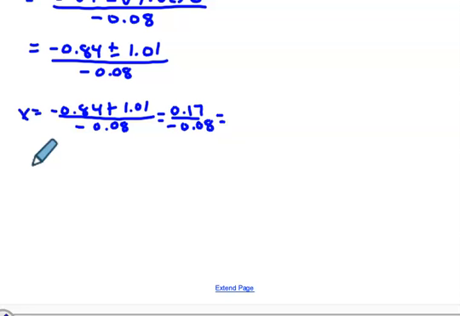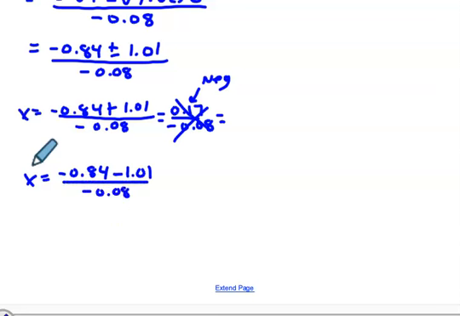This answer is going to be negative since it's a positive over a negative. So since this answer will be negative, we're going to get rid of it because we can't throw the ball a negative distance. The ball is going to definitely go forward. So negative 0.84 minus 1.01 over negative 0.08 is the one that we're going to keep because here we get